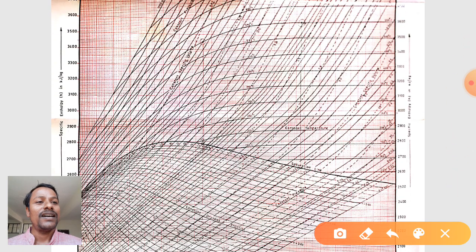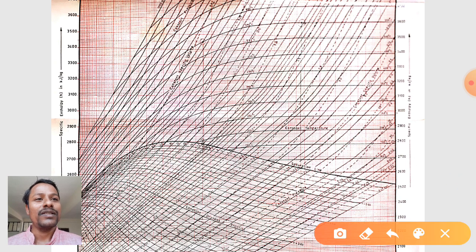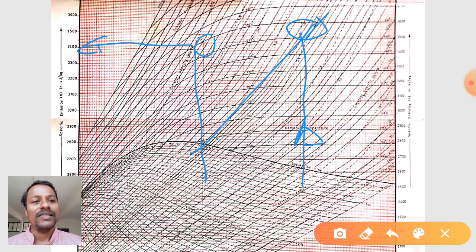So this is the chart that I have used for getting the values. Here I have the state point 1, so I am able to get H1 here. This is the state point 3 that I am able to mark. Then again this is the vertical line that we have drawn in upward direction, and this is the 13 bar pressure line, and wherever both have intersected, this is state point 2.